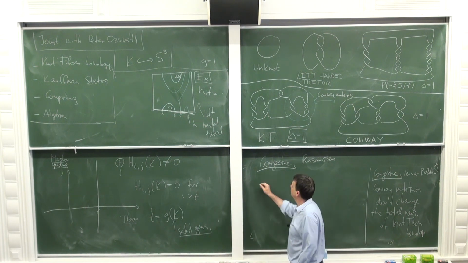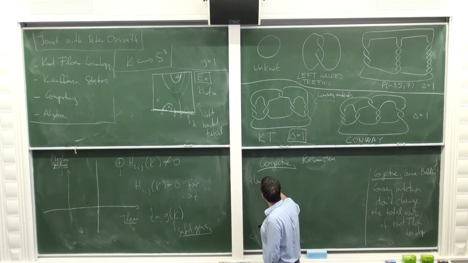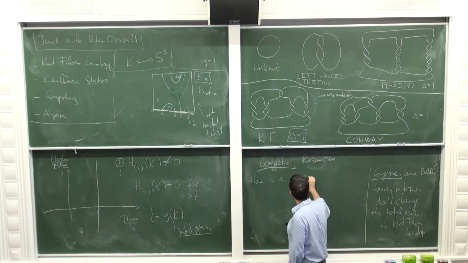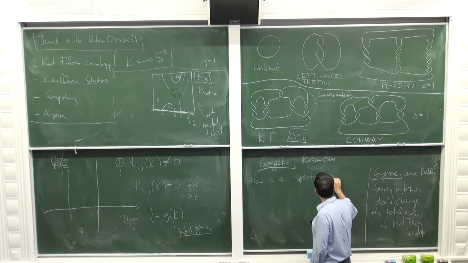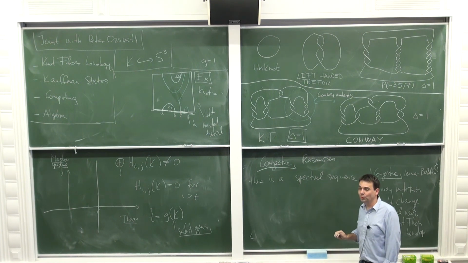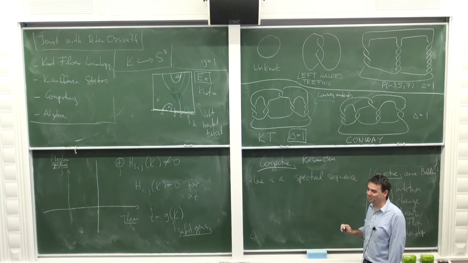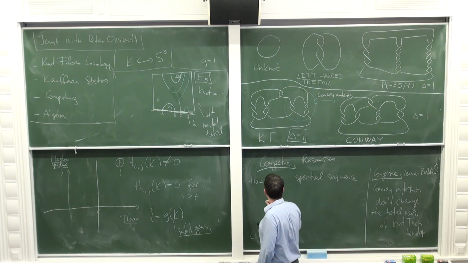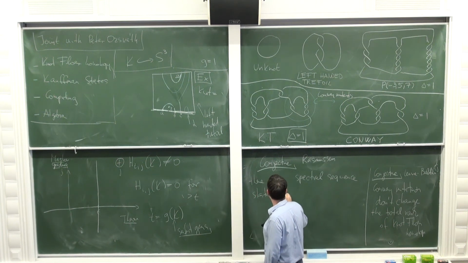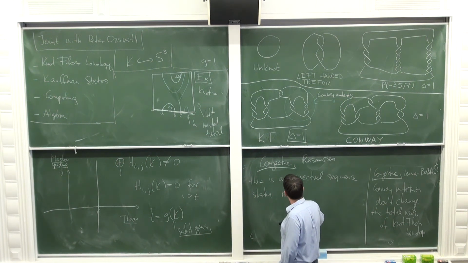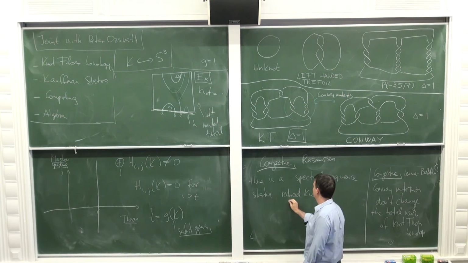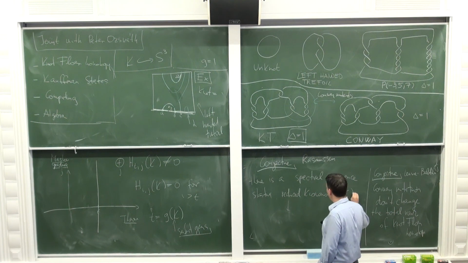So the conjecture is that there is a spectral sequence over Z/2 starting from reduced form of a certain